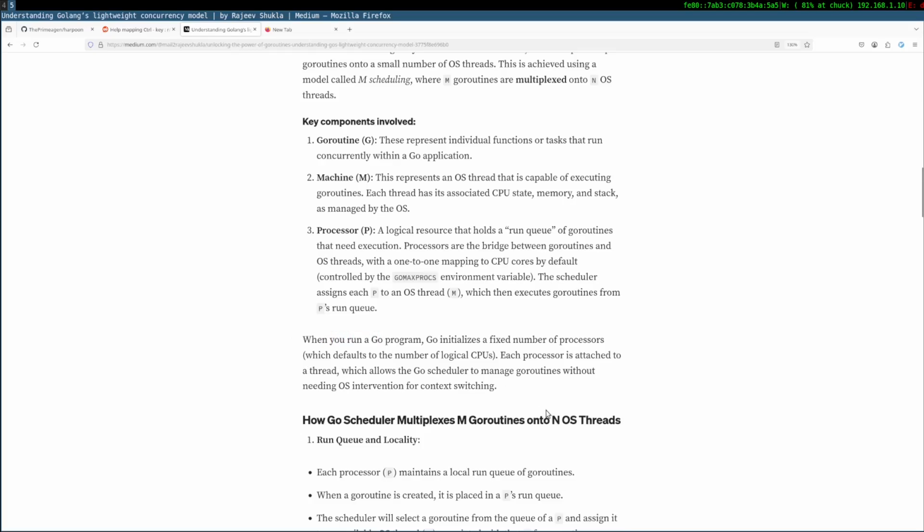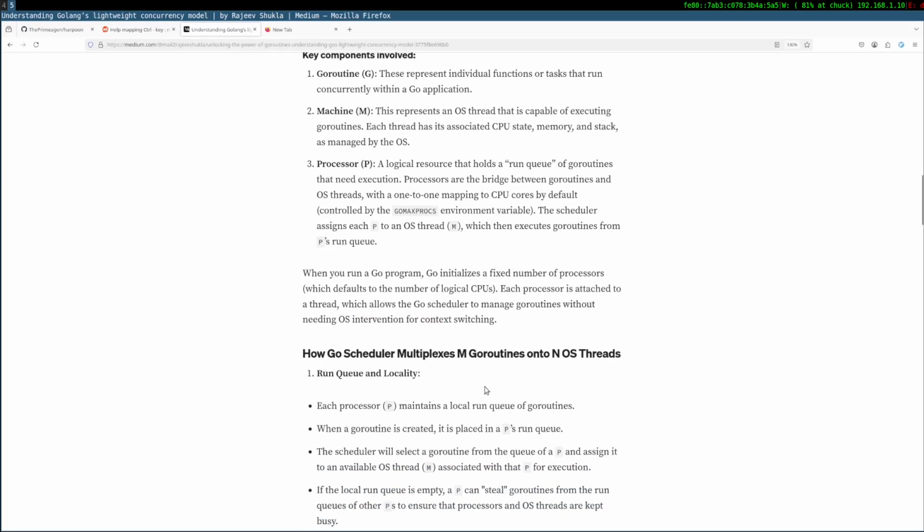When you run a Go program, Go initializes a fixed number of processors, which defaults to the number of logical CPUs. Each processor is attached to a thread, which allows the Go scheduler to manage Go routines without needing OS intervention for context switching. Okay, how the Go scheduler multiplexes M Go routines onto N OS threads.